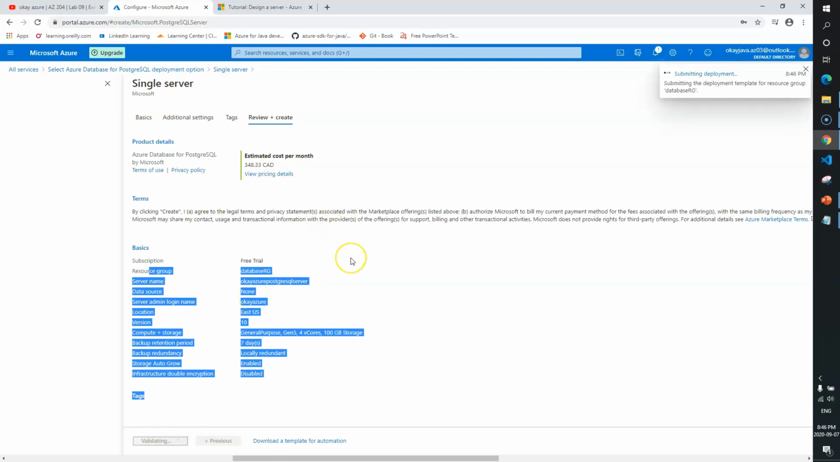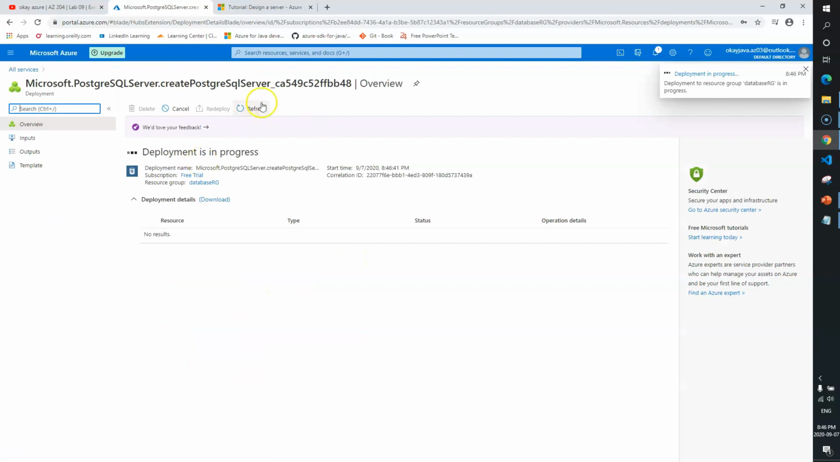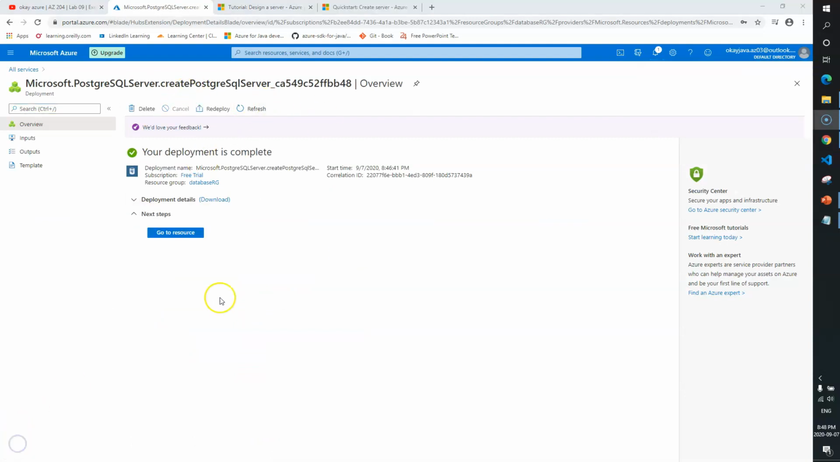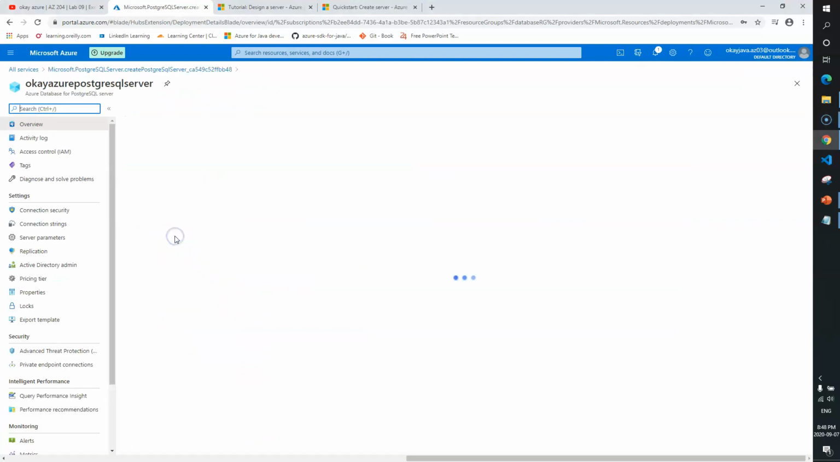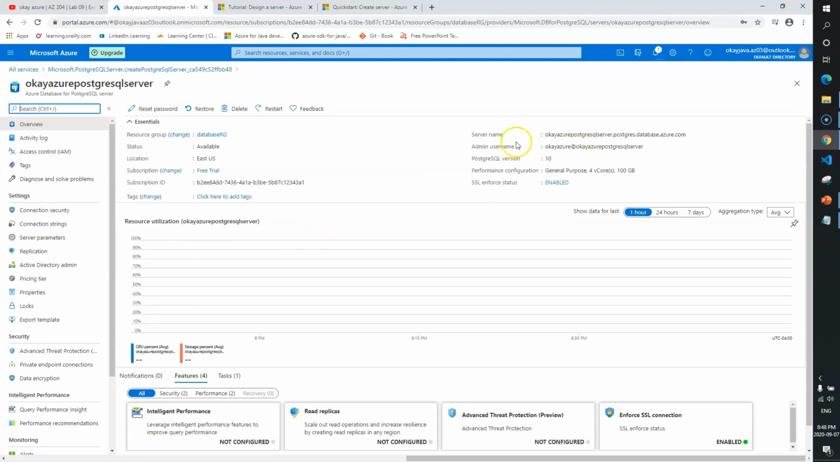So this will create our database server for us. Wait for this to happen. Now it's done. We have our server ready. Let's go to the resource. So again, you can find the server name and admin username here. And if you go to connection strings,